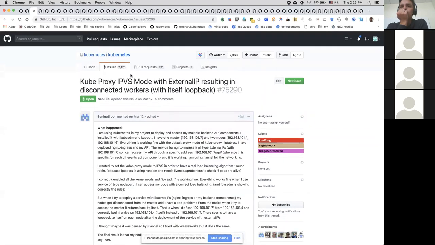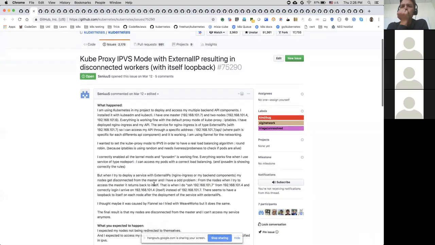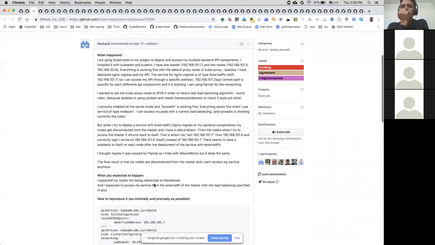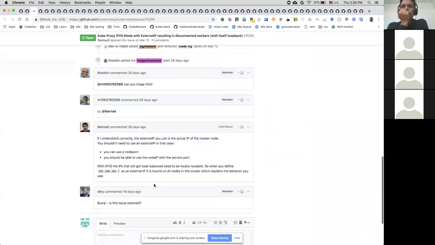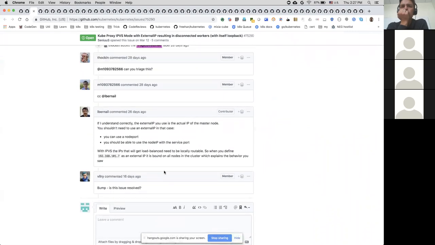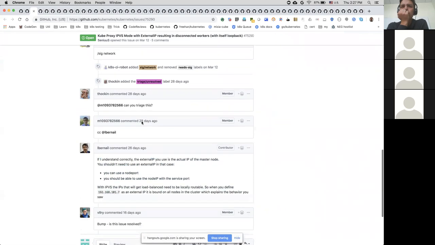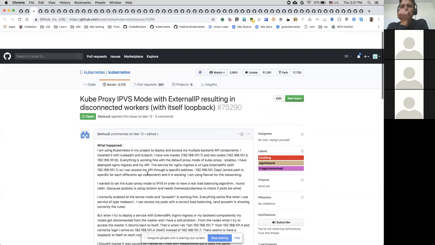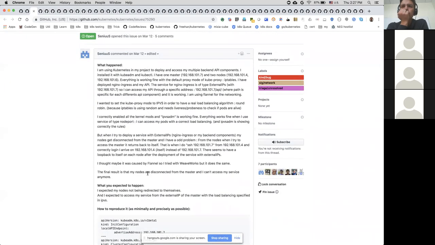Okay, next one, kube-proxy IPVS mode with the external IP resulting in disconnected workers. Anybody from IPVS on the call? Looks like Valerie bumped it 16 days ago and nobody's replied.